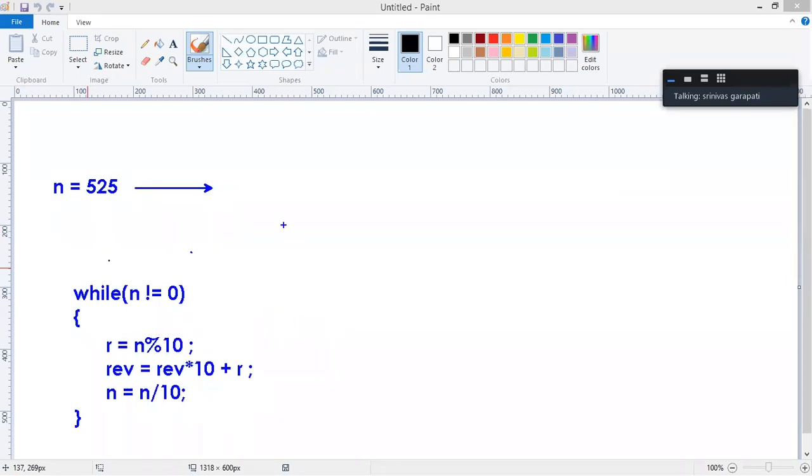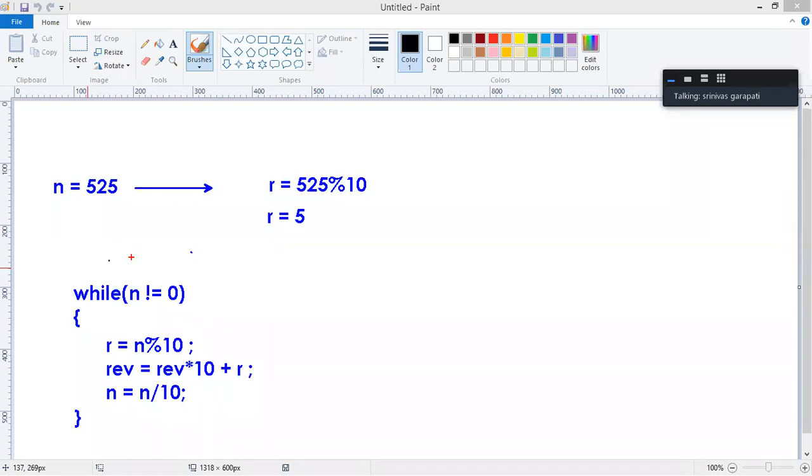See, look at this. First the n value is 525. When you perform the remainder operation, r equals n mod 10, 525 mod 10, the remainder value is 5, the last digit. Reverse is initially 0.